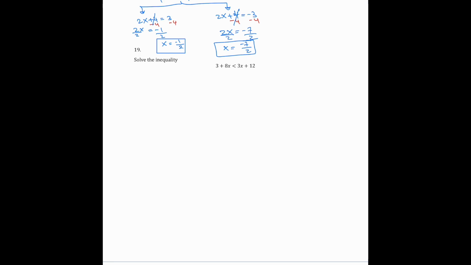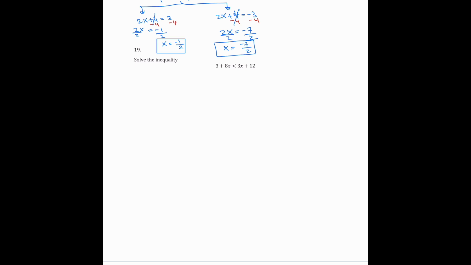Exam 1 review, part 6, number 19: solve the inequality 3 plus 8x is less than 3x plus 12. We're going to treat inequalities just like equations. The only rule that is different from equations is when you divide or multiply by a negative number, the inequality sign flips. So, because we're treating this as an equation, the first step is to gather similar terms to one